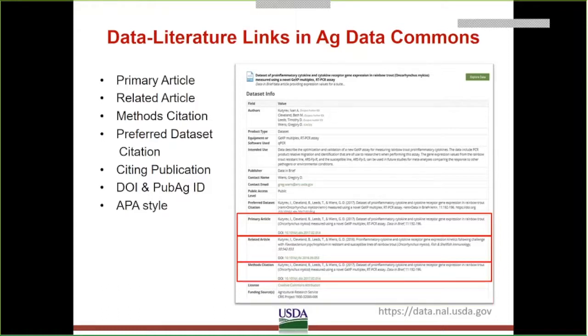Method citation. It's also important to cite important methods, tools, or procedures for data assembly in greater detail. This is often required in open data policies and data management plans. And lastly, we also provide a preferred dataset citation if this is other than the Ag Data Commons citation, for example, if it exists and it has a citation in another repository.